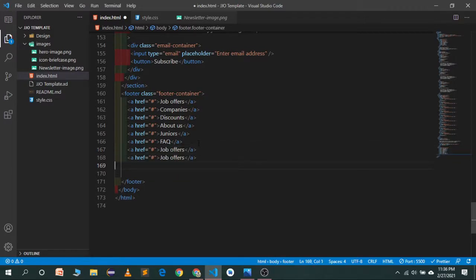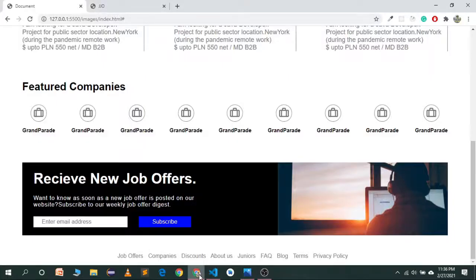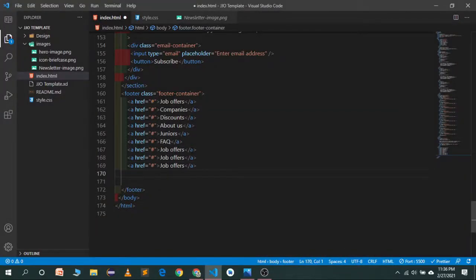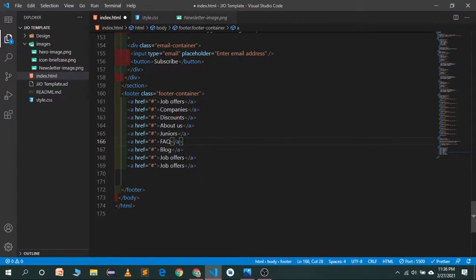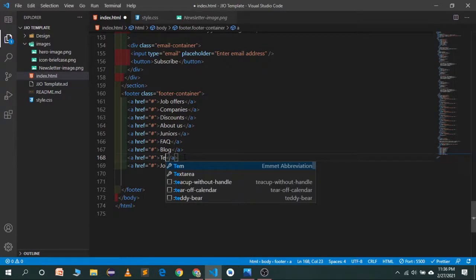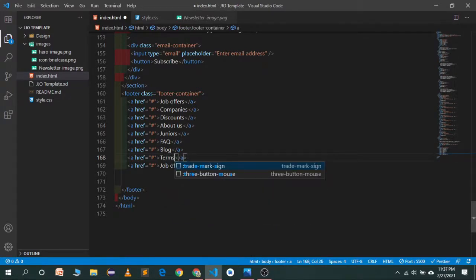Now we have three: blog, terms, and privacy policy. This one will be blog, terms, and a privacy policy.